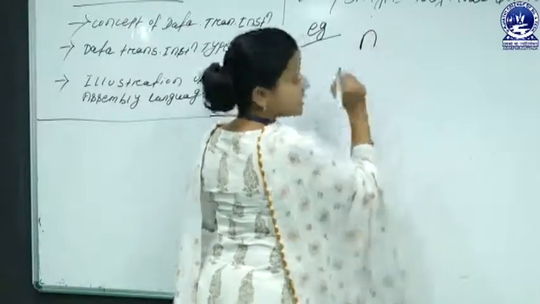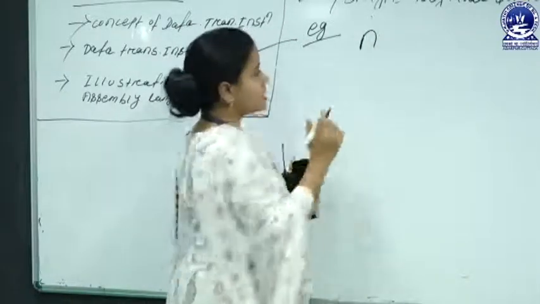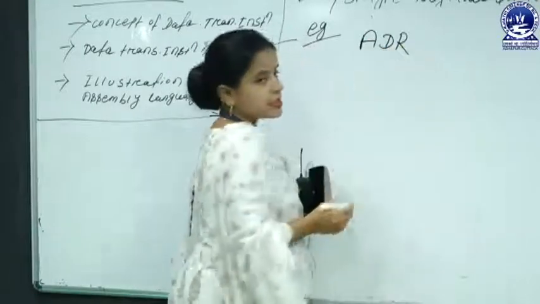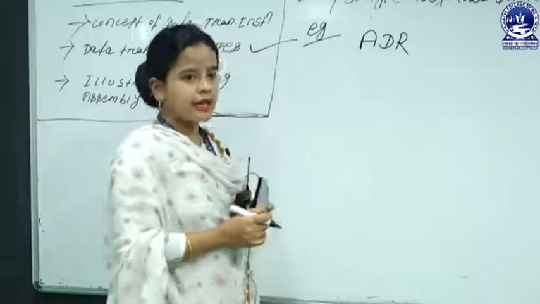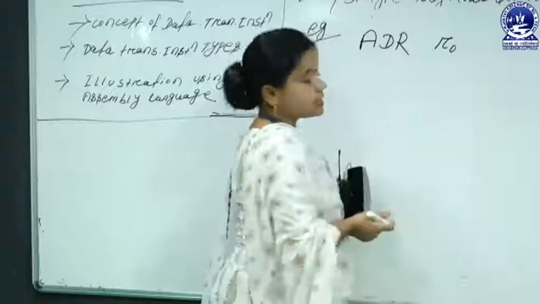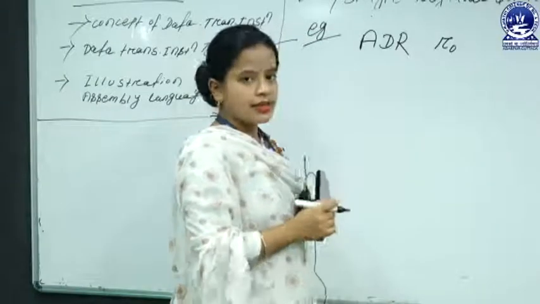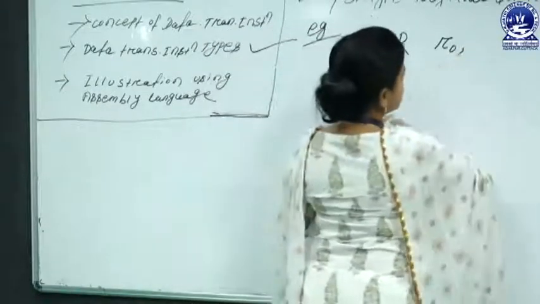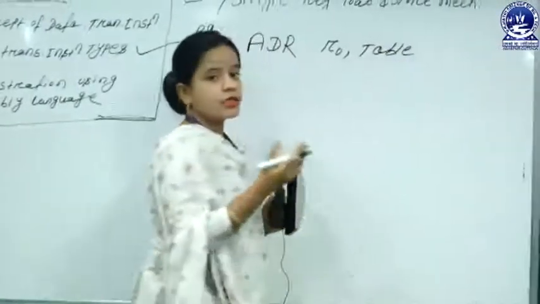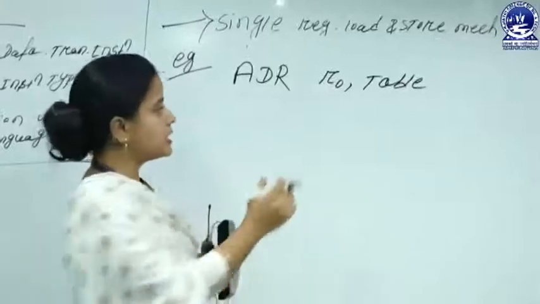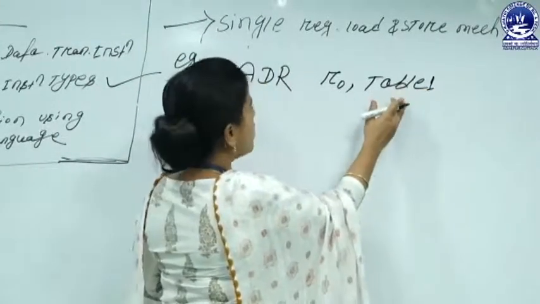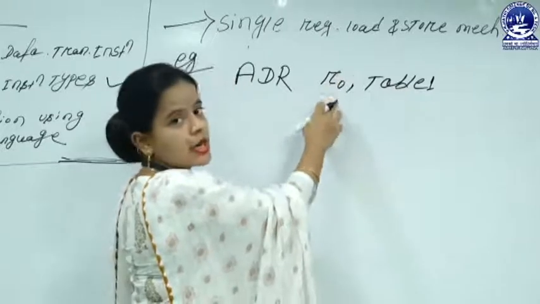Here, for creating any type of relative address, you use ADR. That means addressing relative data. ADR consists of a destination register, here R0. Then after that it holds a particular location through which the data is assigned. That means the table 1 consists of some data elements that are now assigned into register R0 locations.